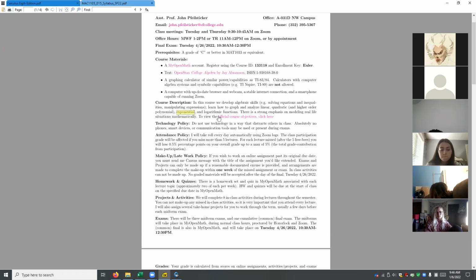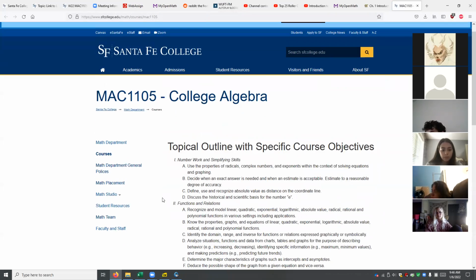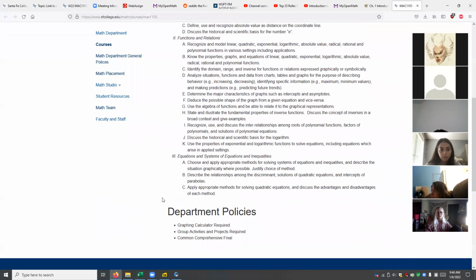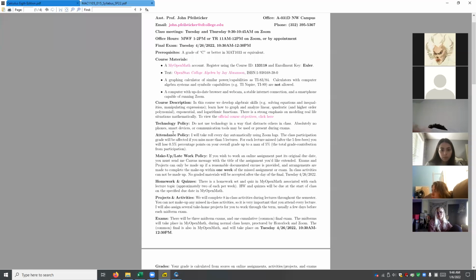We'll talk about exponential functions quite a bit, and towards the end of the course, we will talk about logarithm functions. Throughout the course, we're going to be focused on solving real-life problems. That will be a nice mixture of real-life problems and just pure math problems. There's an official list of course objectives. You can click that link. I'm not going to go through these right now, but if you want a nice description of all the stuff we're going to do in the class, this is about as close as we can get to that.